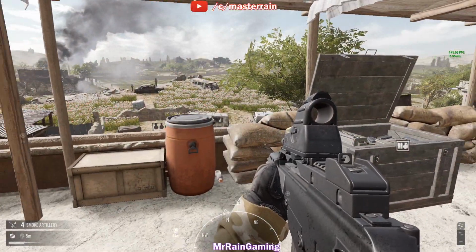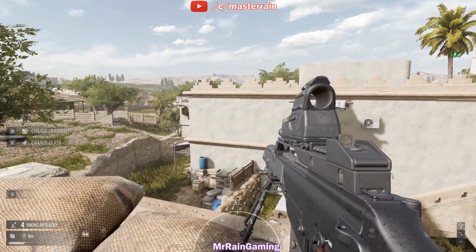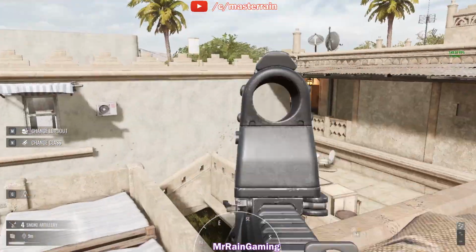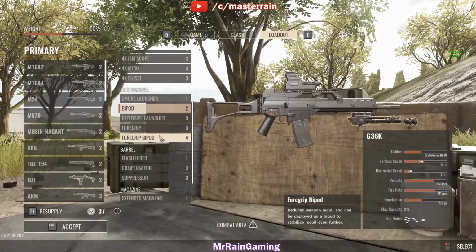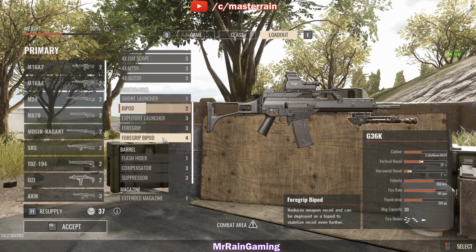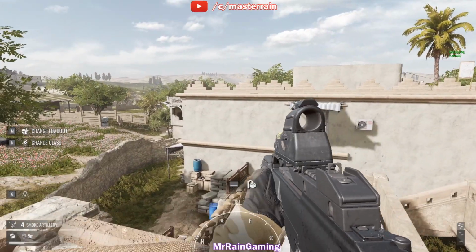Okay, and the last thing to show you in regards to recoil is the bipod. You do have two options for bipods: you have this regular bipod, and you also have the foregrip bipod. And there is a difference between the two. Just to show you real quick, this regular bipod